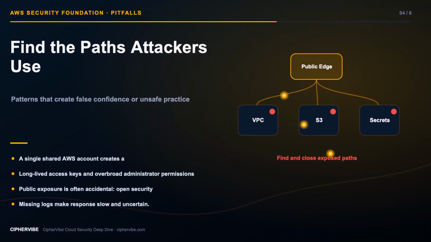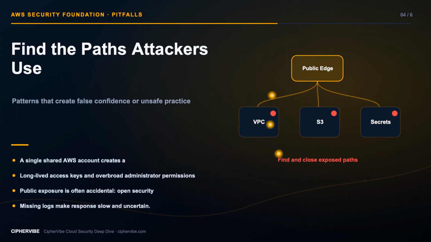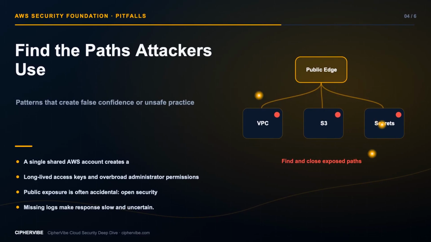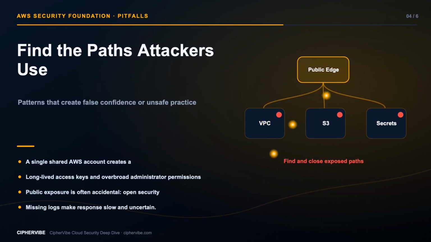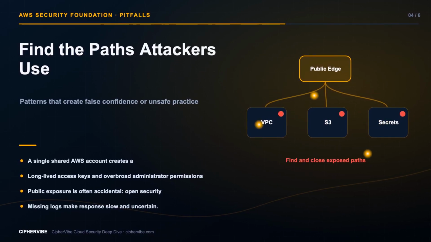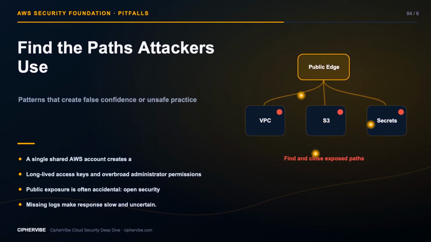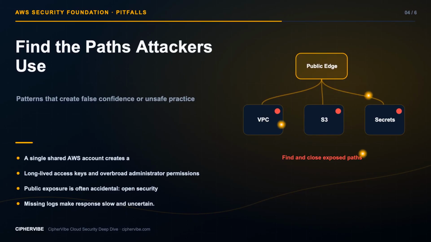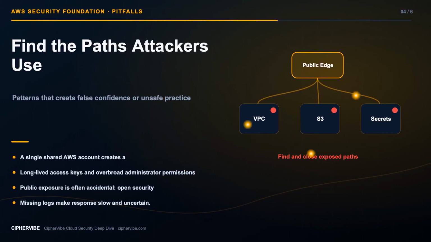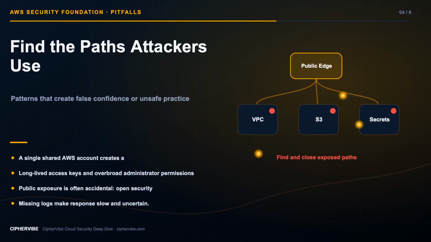First, a single shared AWS account creates a large blast radius because development experiments, production systems, logs, keys, and administrator access can become entangled. Second, long-lived access keys and overbroad administrator permissions turn one leaked laptop, CI variable, or repository secret into cloud-wide control. Third, public exposure is often accidental. Open security groups, public S3 buckets, permissive bucket policies, unmanaged load balancers, exposed databases, and forgotten test resources create avoidable